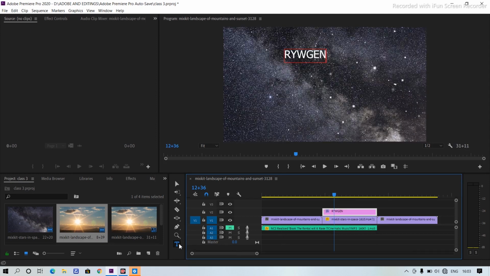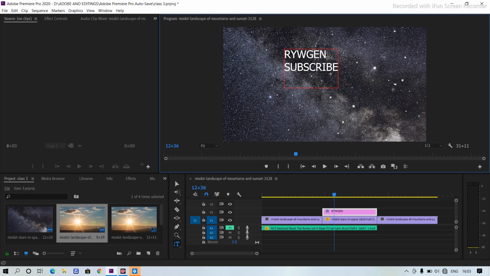So after that, you have got the vertical type tool. It will write vertically. Whatever you write, it will write vertically.